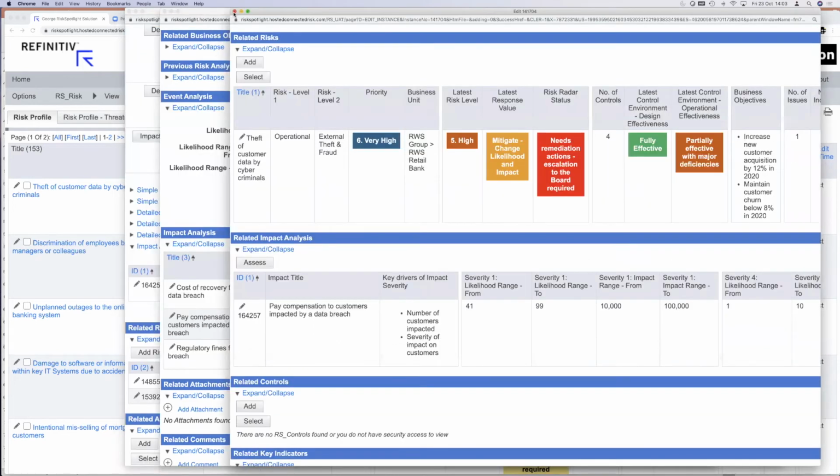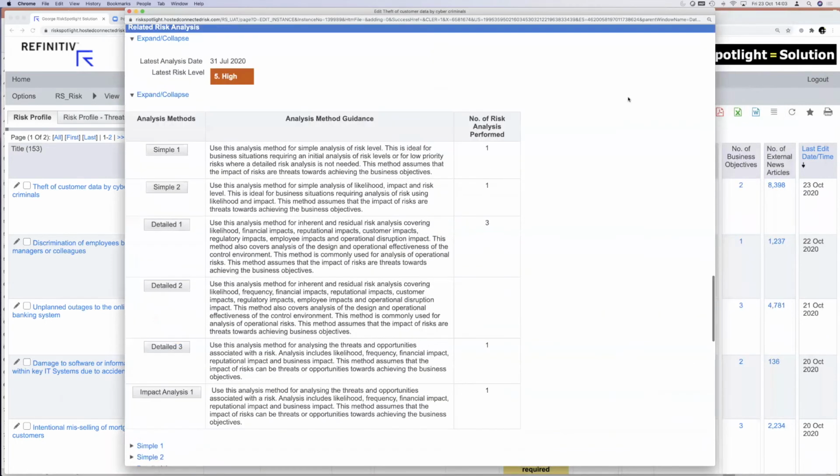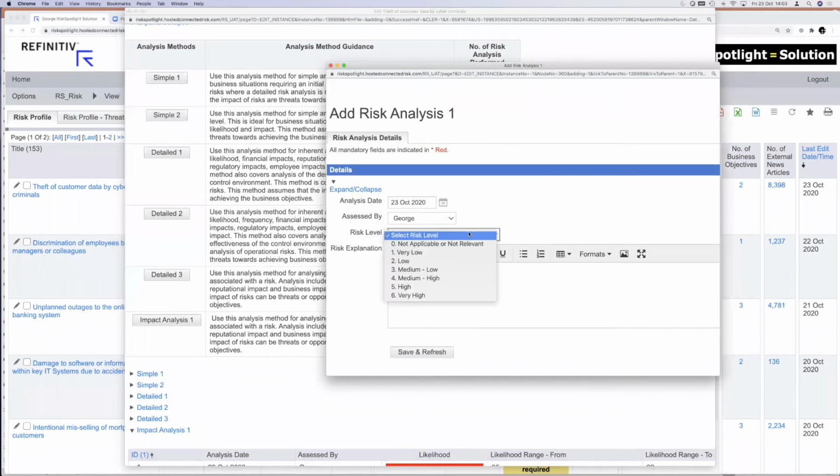So if there is a product manager, for example, who is thinking about the product, and he hasn't even come up with any ideas on what that product would be, it is still very early days, but he knows that it'll be related to mortgages, or it'll be related to some new credit card they're thinking of, then what you want to do is give them something really simple. So the simplest risk assessment approach is where you just do a very simple low, medium, high, because in that case, we don't want them to think a lot about the likelihood and customer compensation, because it's still early days. They still haven't even finalized what product they're going to launch, but they still want to think about the risk.